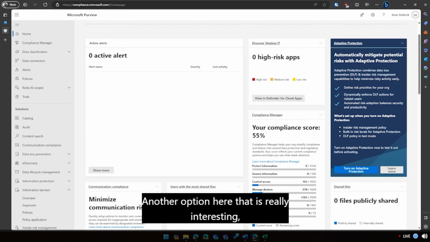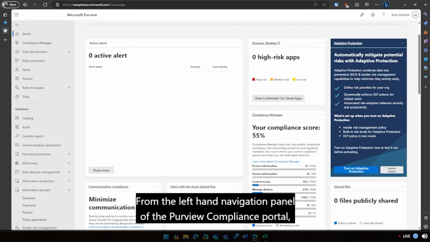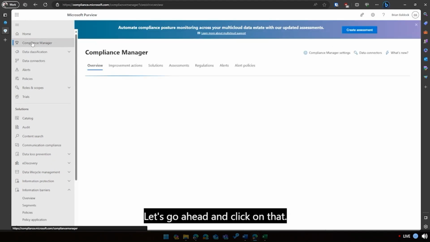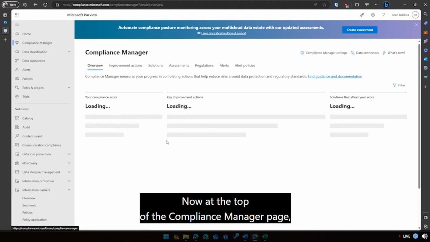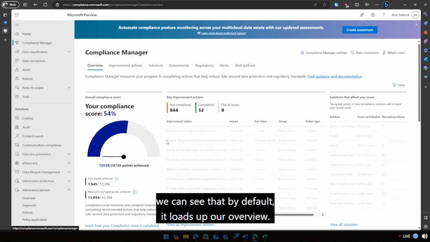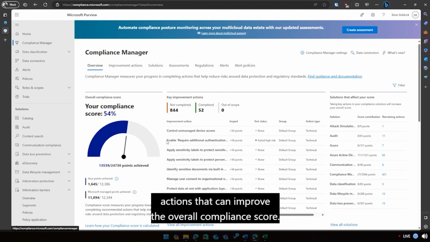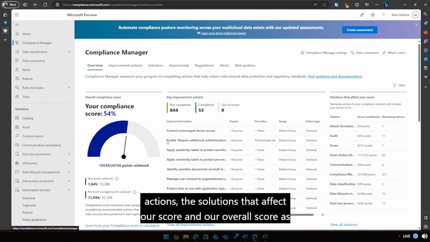Another option here that is really interesting is the Compliance Manager point of view. And so from the left-hand navigation panel of the Purview Compliance Portal, we can see a Compliance Manager up here at the top. So let's go ahead and click on that. Now at the top of the Compliance Manager page, we can see that by default, it loads up our overview. So our overview segment just shows us actions that can improve the overall compliance score. It shows us the improvement actions, the solutions that affect our score, and our overall score as well,